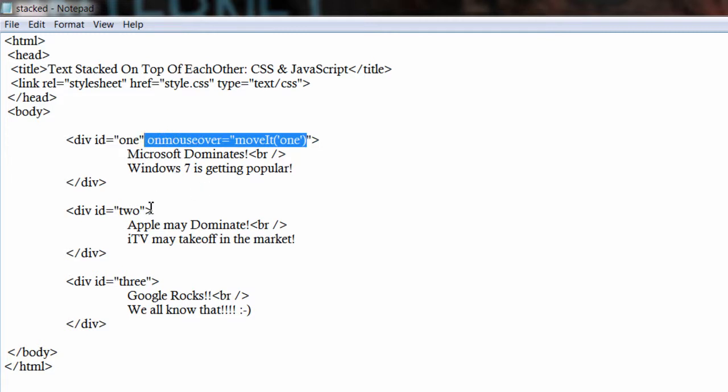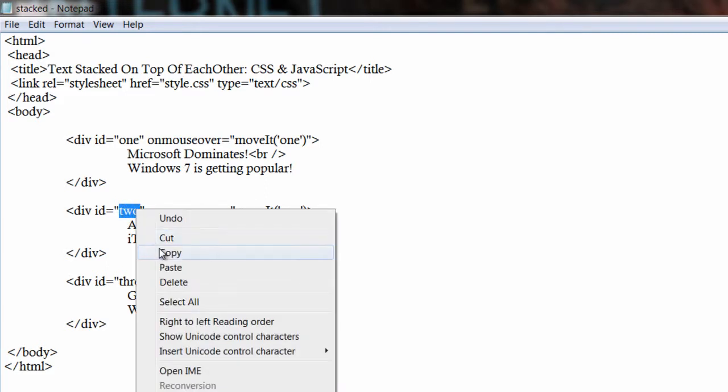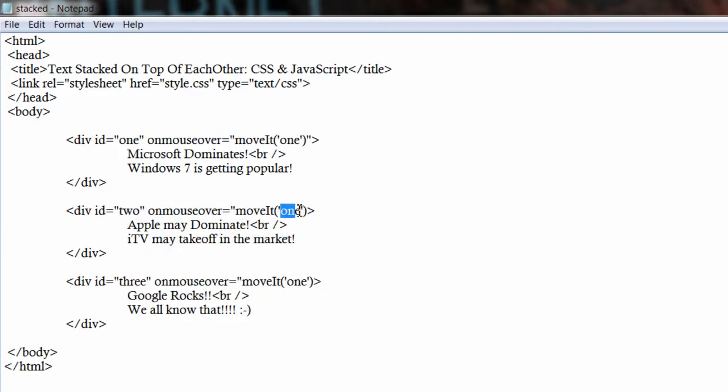That id will be accepted by our moveIt function in the JavaScript file. When user mouses over any of these divs, its respective id is passed to our function moveIt.